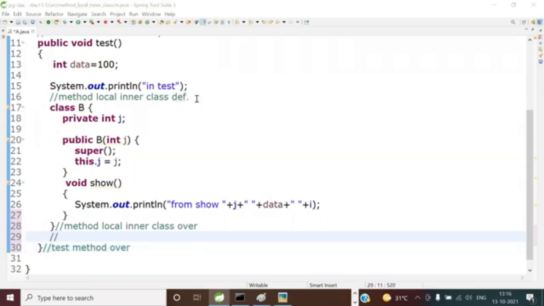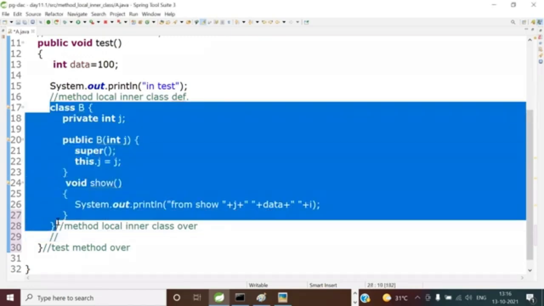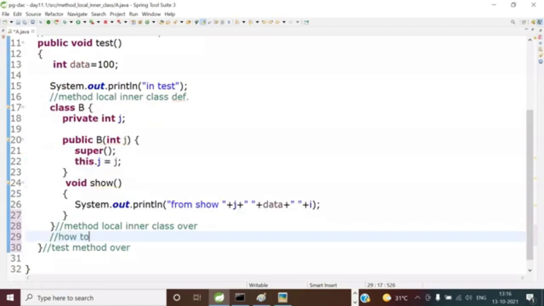I'll have to, no, a dot b dot show is wrong. Here, I'll have to create the instance first. This is your non-static nested class. So, how to access, how to call, how to invoke the show. Show is what? How to invoke the inner's